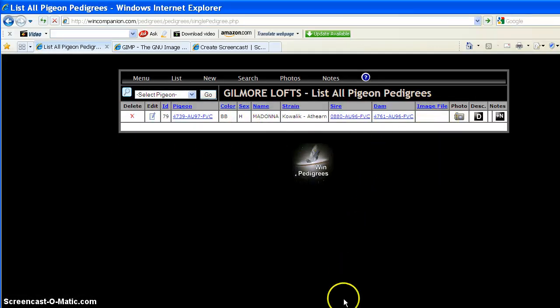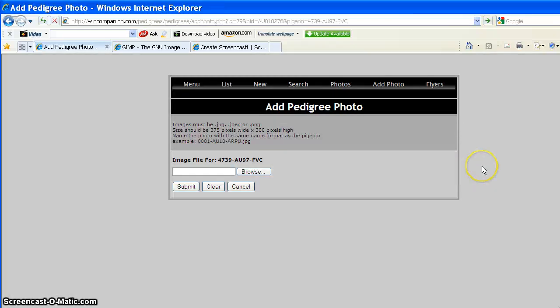In other words, we don't have to scroll through this big giant list to find her. Here she is. And so let's add her photo. We just click that add photo icon, and you can see we're going to add the photo for 4739. Now if you don't see the right pigeon here, you want to cancel and go back and select the pigeon over again. So next thing we do is we'll click browse,